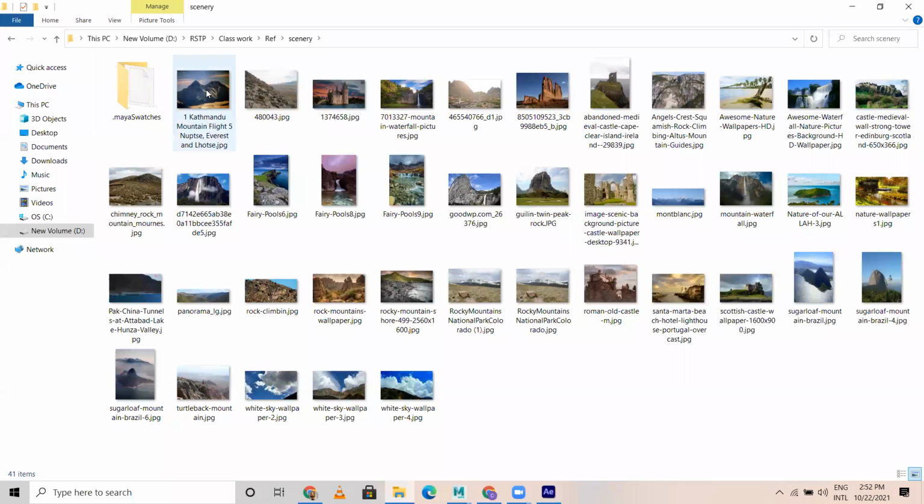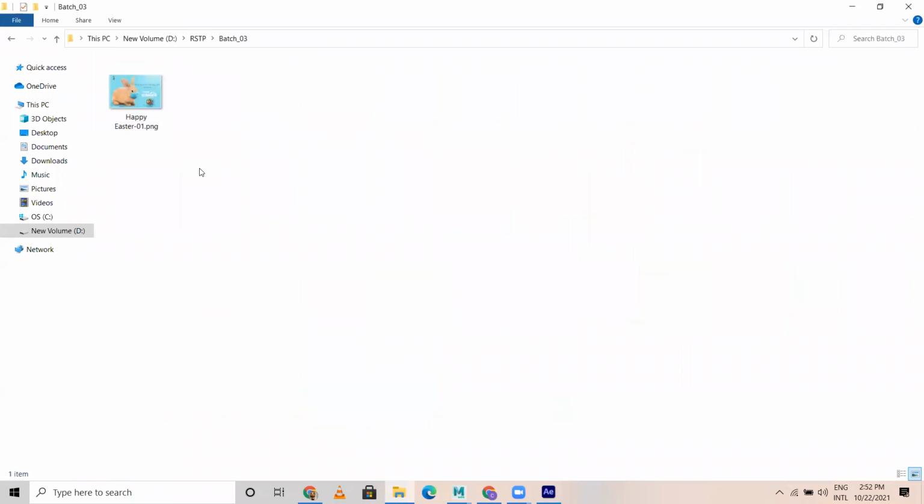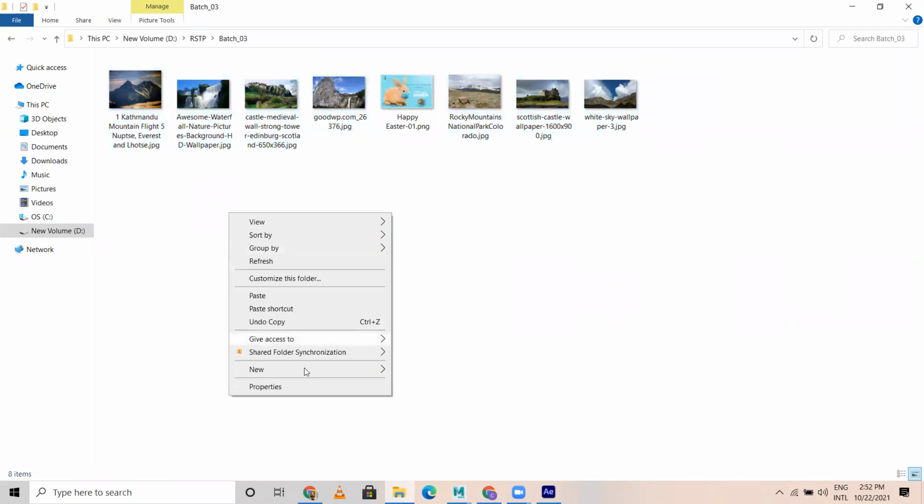Great, I'll take a few scenery images. Okay, so I've taken a few images, and what I'm going to do is copy these images into this,